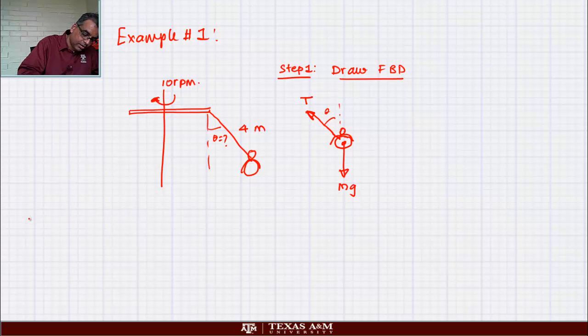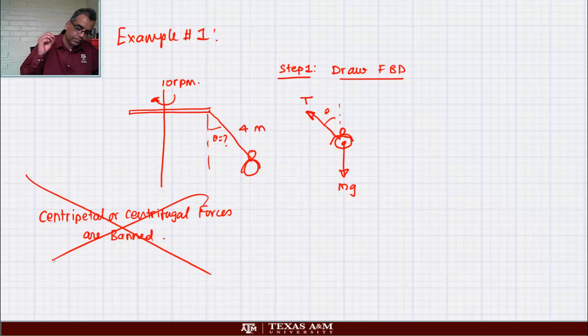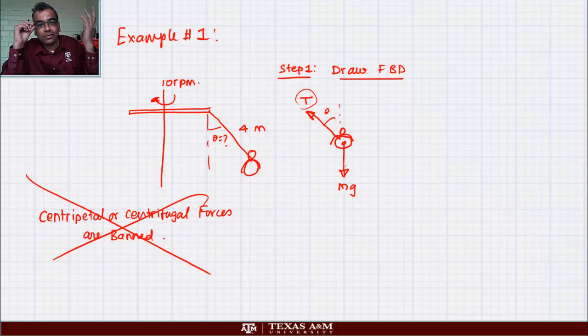So let's be very clear. Centripetal or centrifugal forces or band. I just want you to say there are only two forces. This is not balanced. Who says forces have to be balanced when things are moving? They are not balanced. Now this must be equal to the acceleration vector on this person, mass times the acceleration